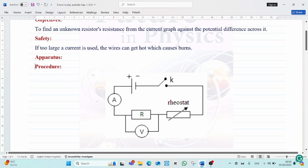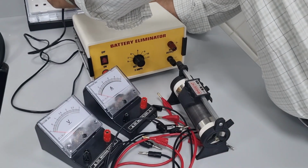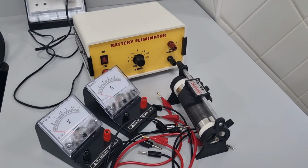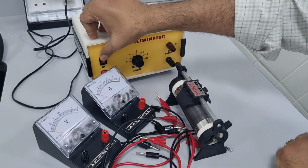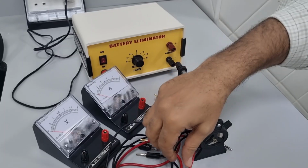Procedure: first, we connect the power supply to the electric current, switch on. Now we check the power supply, it is working, off. Adjust the power supply to 4 volts. We're starting the connection